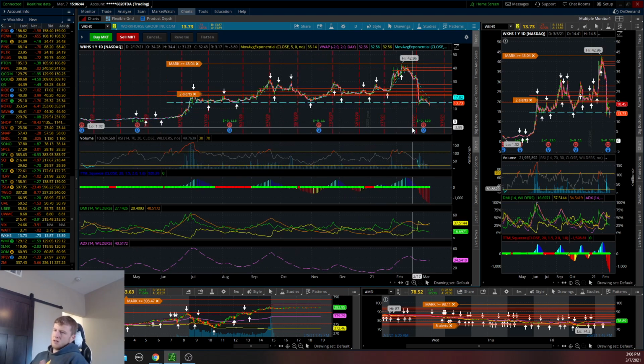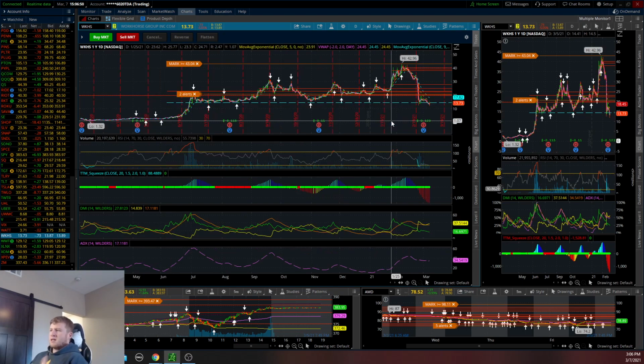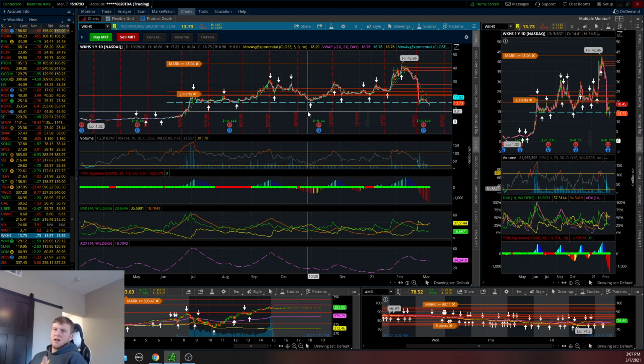I'm thinking we can see lower lows on this particular ticker. Again, I'm watching this 14.34 region here. If we can stay below that, that's what I'm going to be watching on this particular symbol, Workhorse. I like this bounce here. We get this bounce, and now we get these continuations, lower lows. We can potentially see this $8 region here on Workhorse. Again, not saying it's going to hit that, but that is the next level to watch